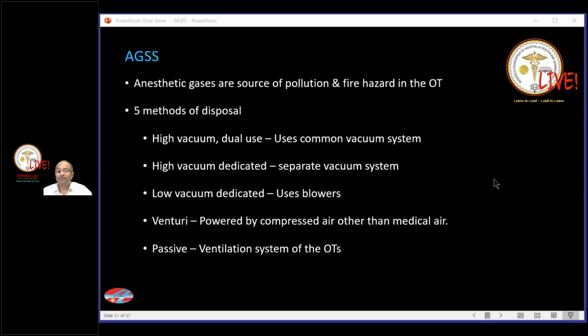There are 5 methods of disposal for these gases. So you can have 5 different kinds of variations in the AGSS system. So you have a high vacuum dual use. So it is a common vacuum system which is used for your vacuum requirements as well as for